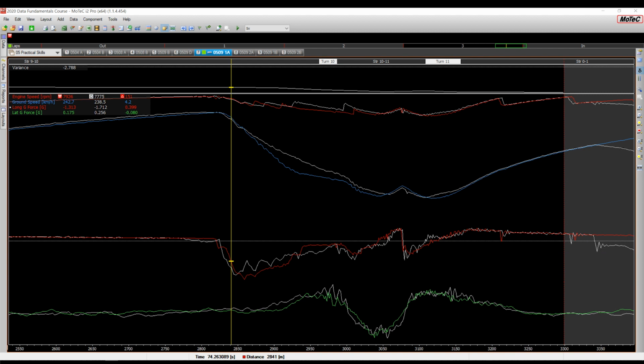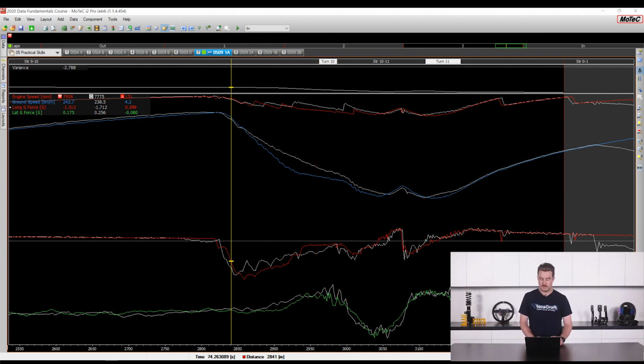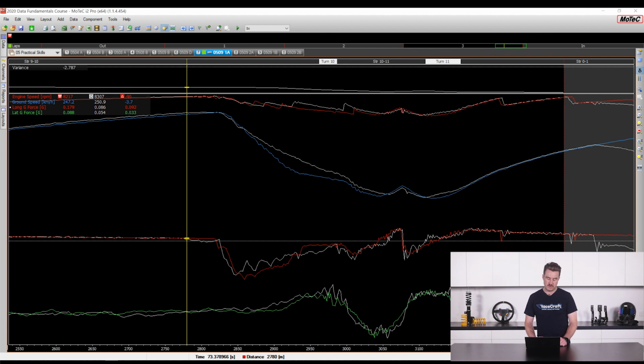We can see we've got a section of corners quite close together here with these two dips in the speed trace and this little ramp in between. So this is obviously coming up to a little complex of corners. We can see even though the braking point and even the approximate ramp time to get to full brake pressure is pretty similar, definitely a little quicker for the pro, it's more similar than the previous example we looked at.